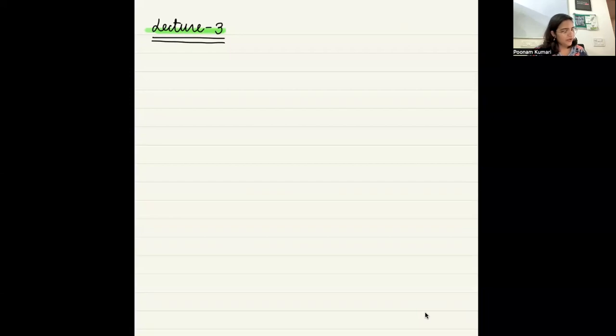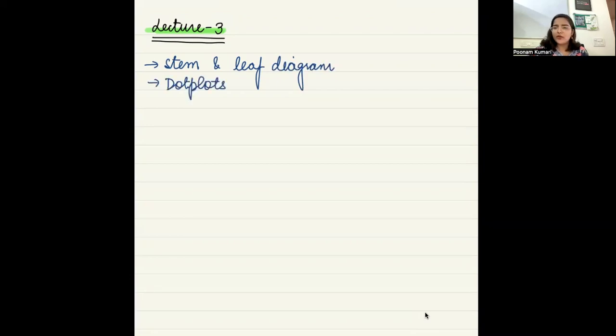Okay, so first of all, there is one more pictorial method that we have, which is called stem and leaf diagram. And then there is one which is called dot plots. So let's just discuss them first. So what is a stem and leaf diagram? So first of all,